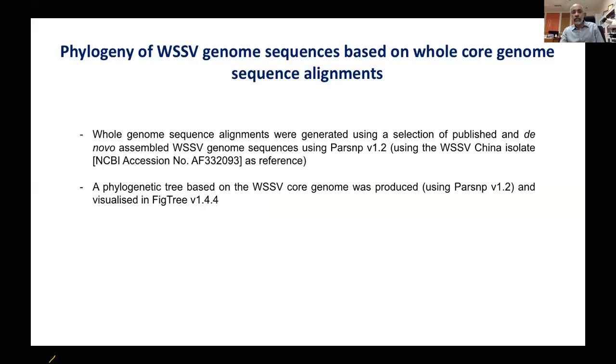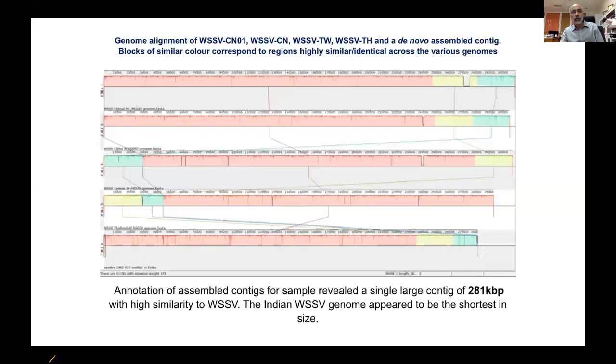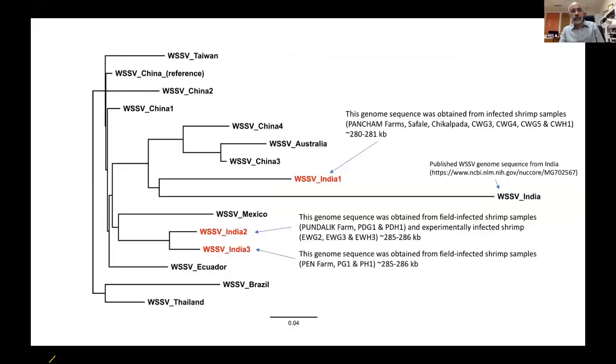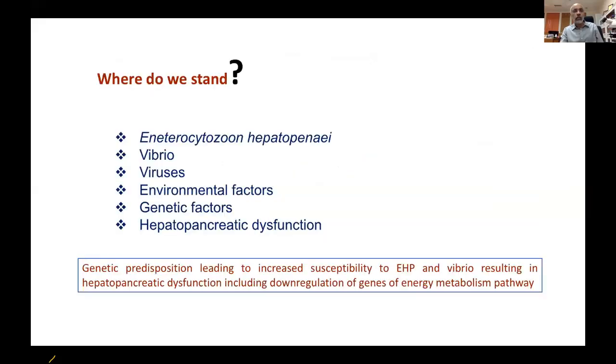So what I want to tell you, apart from that, is that this platform allowed us to identify some new isolates or new variants of the white spot syndrome virus which are present in the Indian shrimp farming scenario. We have identified two variants which differ from the already reported white spot syndrome virus. So what I want to tell here is, it is giving us a kind of powerful tool to